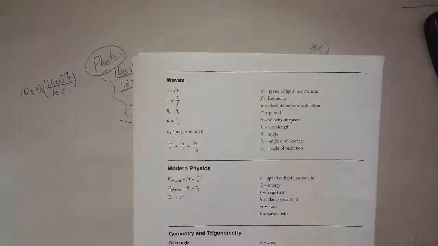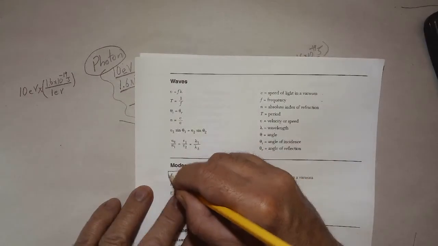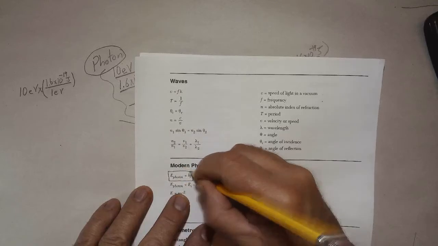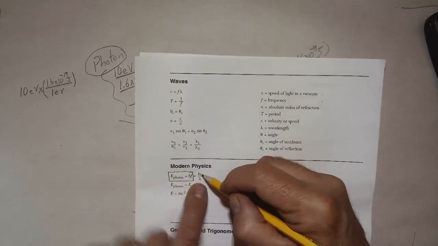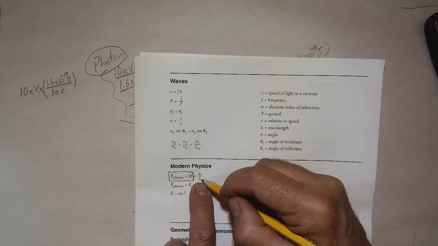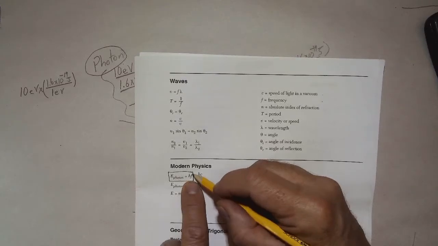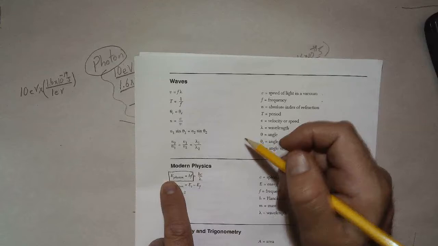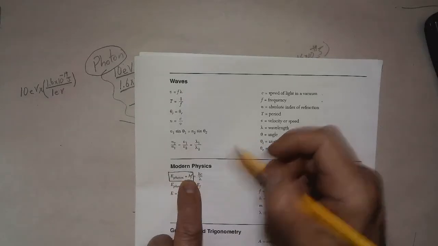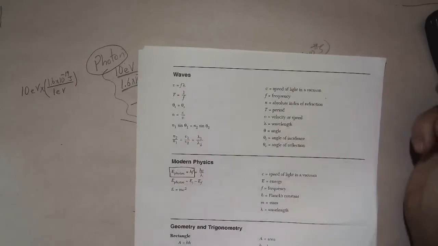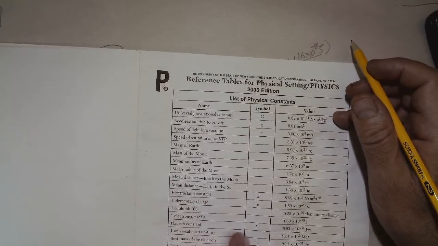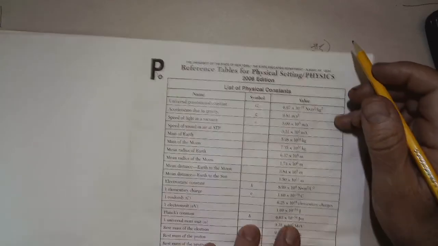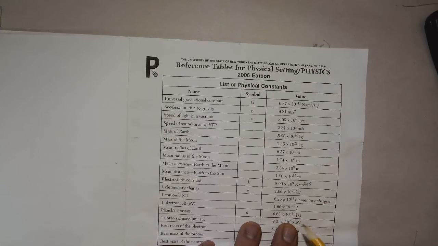If we look in our reference tables, this formula right here, another derivation of that, I was just saying, c over lambda is going to be frequency. That's great. But this formula right here is the basic formula. Energy of the photon equals hf. Well, what is h? h is known as Planck's constant. And it's how we figure out, depending on what the frequency of the photon is, how much energy it has. So